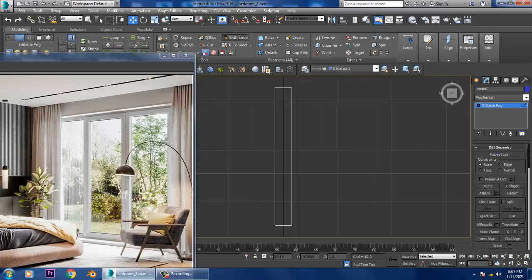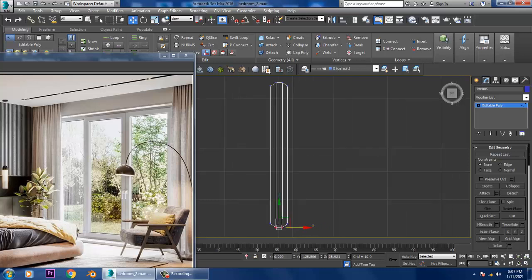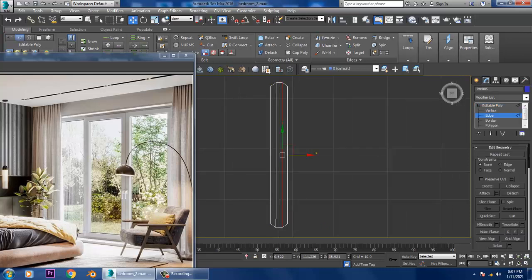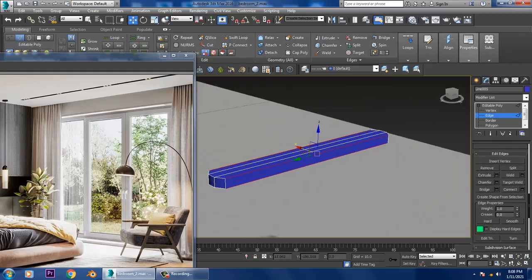So let's take Swift loop over here and here, adjust it up. Alright, so once you're done, let's select these edges over here and let's give a bit of chamfer.